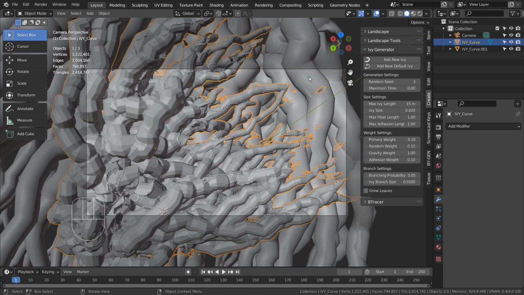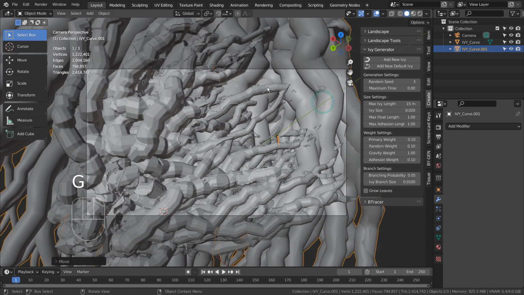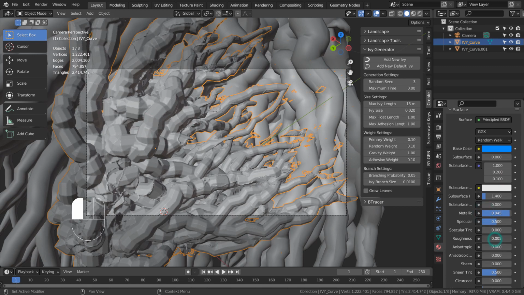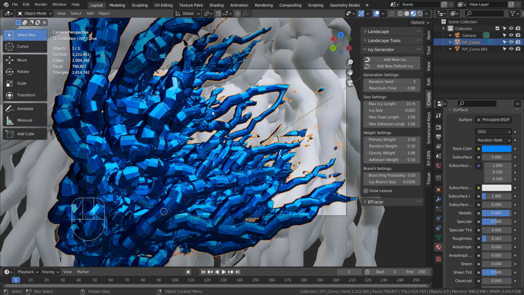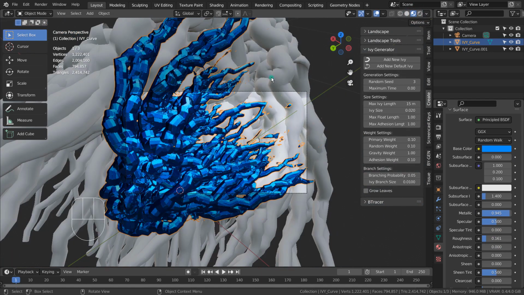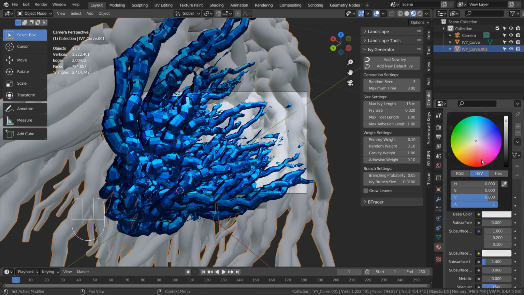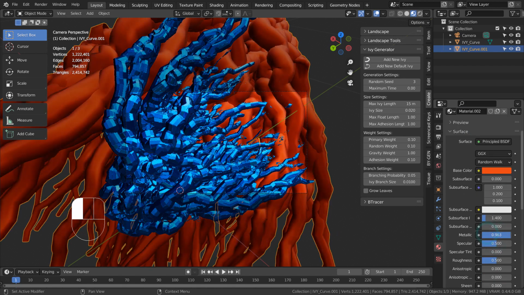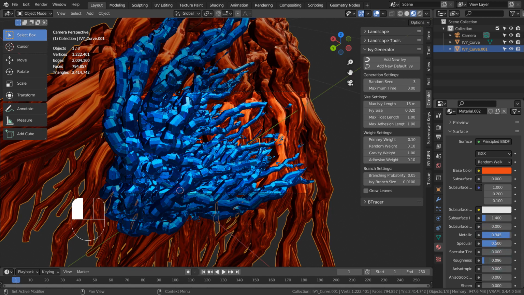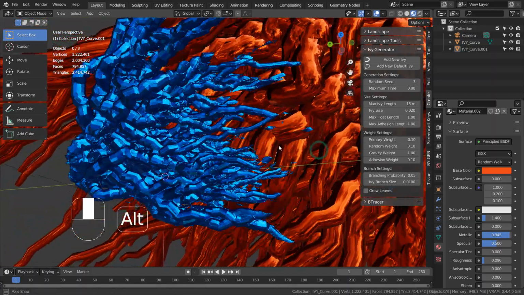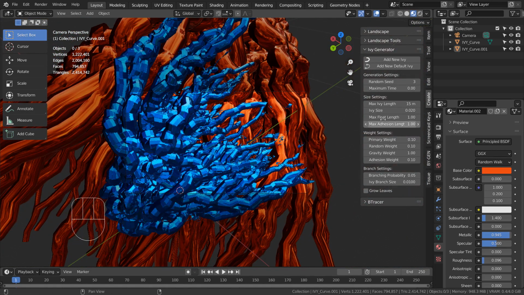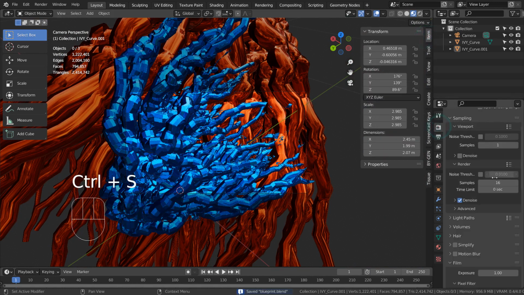We can see an illusion of tiny parts breaking away from the tentacles. I'll add metallic materials. We can render this scene in Eevee or Cycles, but I'll use Cycles with Sun texture.